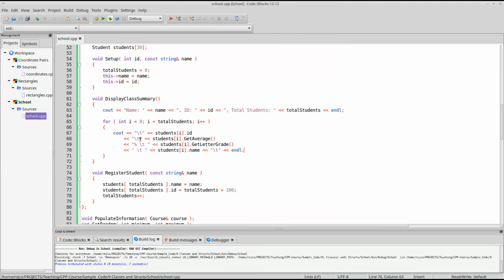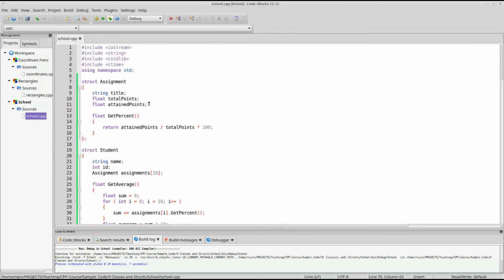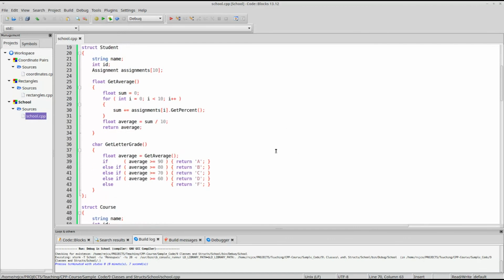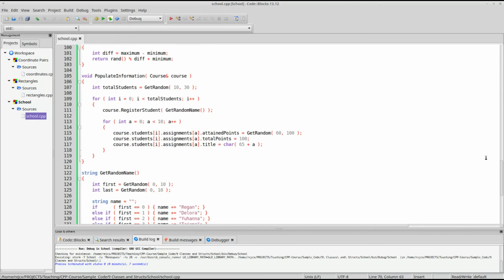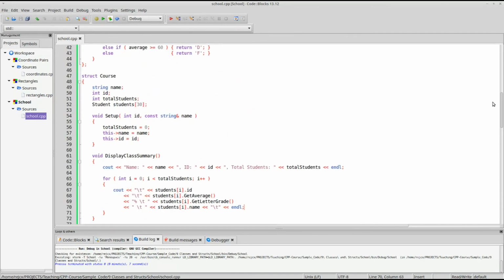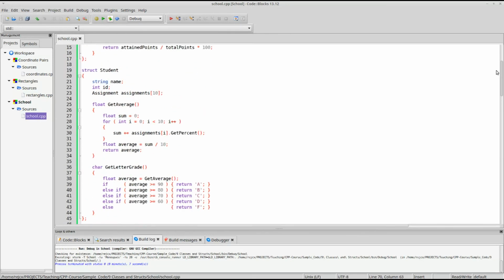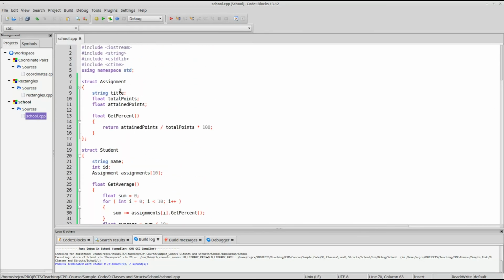So this might be a way you would write something to manage students. You could have a database, or you could just store it to a file and output information. So we started with our course. Our course has an array of students. Each student has an array of assignments, and assignments have what they need to let us